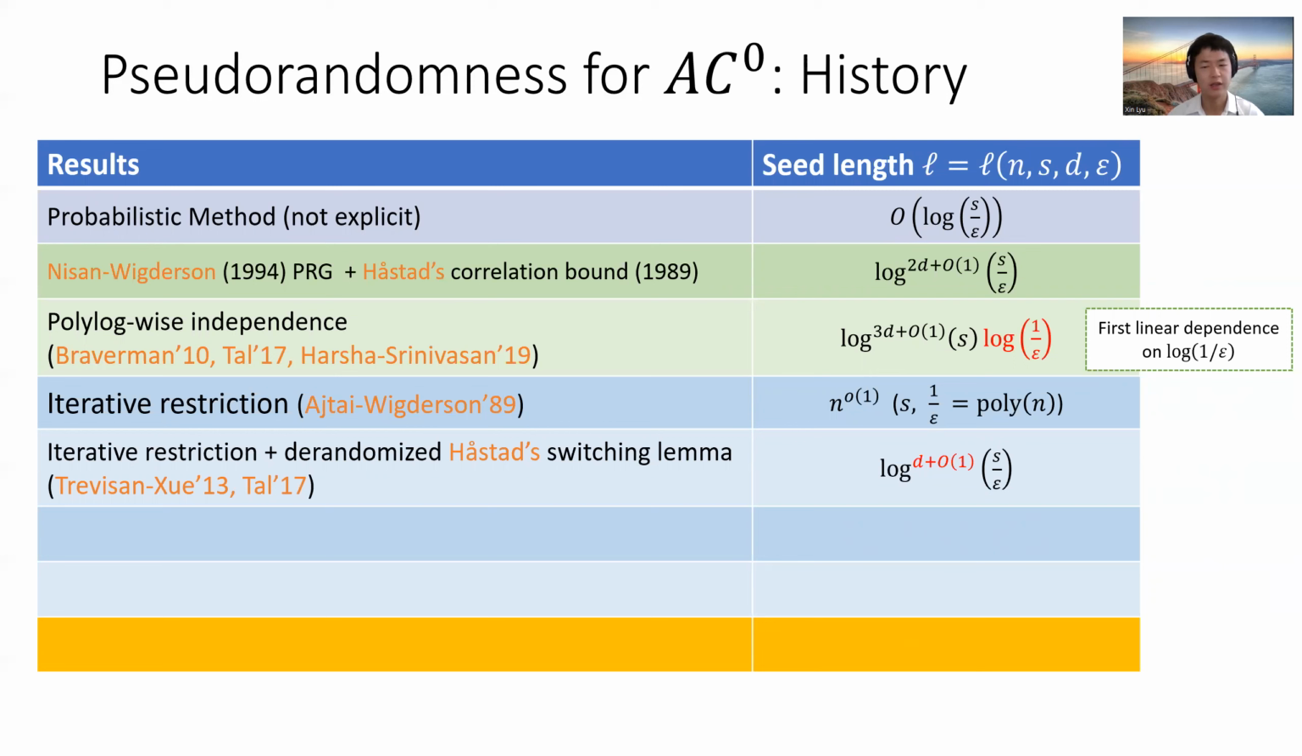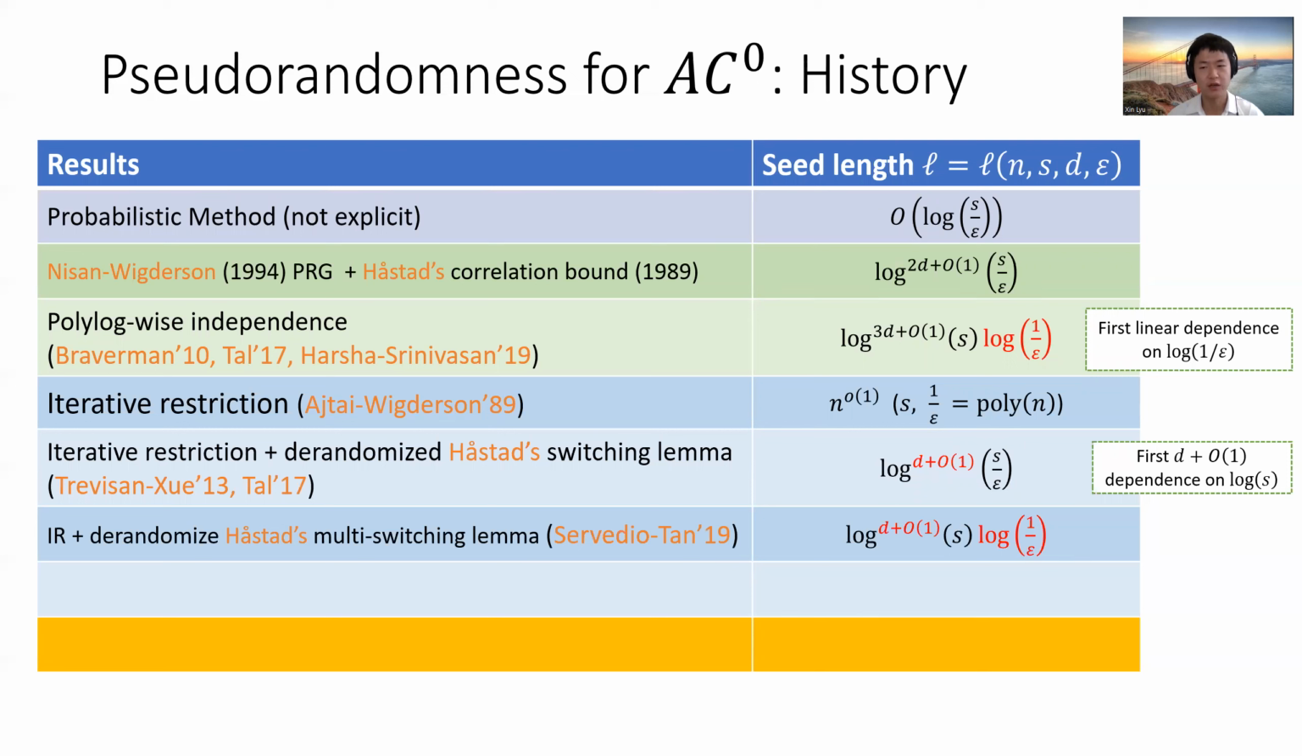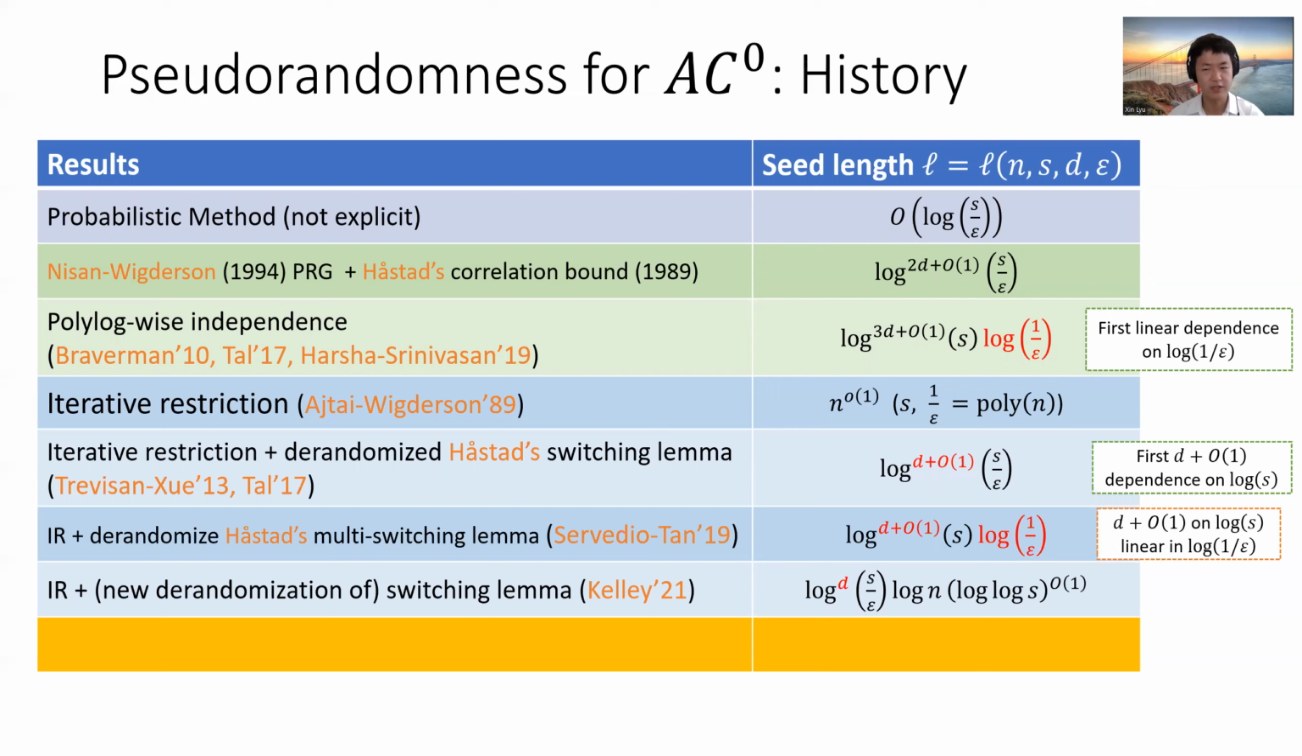Very recently, there are two incomparable improvements to this Trevisan-Xue result. One is by Servedio and Tan, which is based on a derandomization of Håstad's multi-switching lemma and achieves seed length log S to the power of d plus a constant, times log 1 over epsilon. The dependence on log 1 over epsilon is linear, and the exponent on log S is d plus a small constant. There is the other improvement by Kelley, which achieves seed length log S over epsilon to the power of